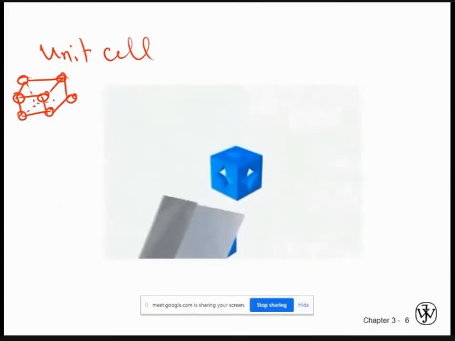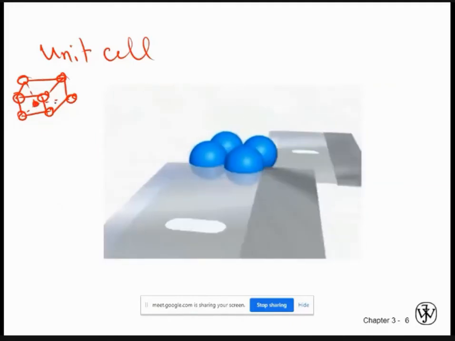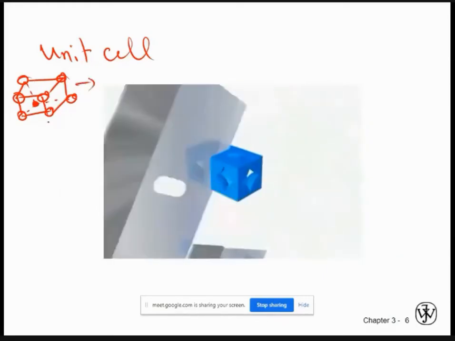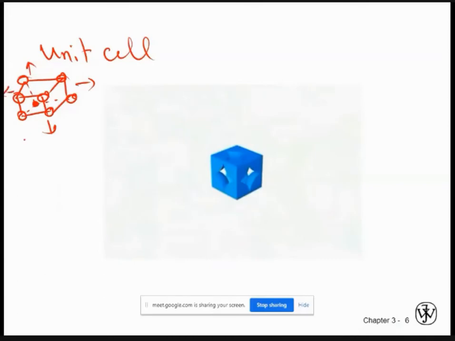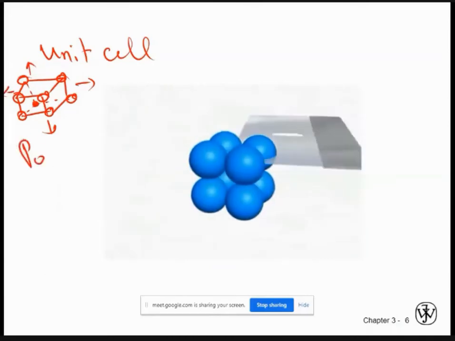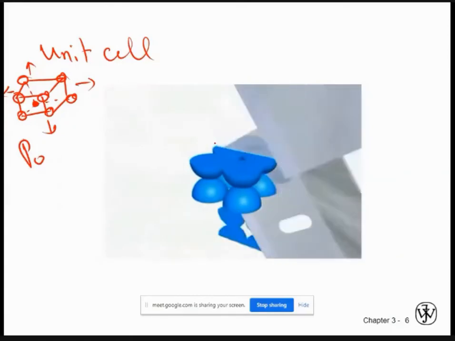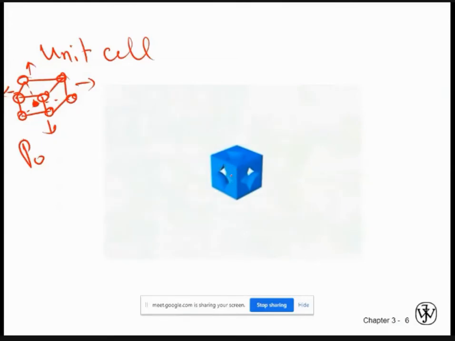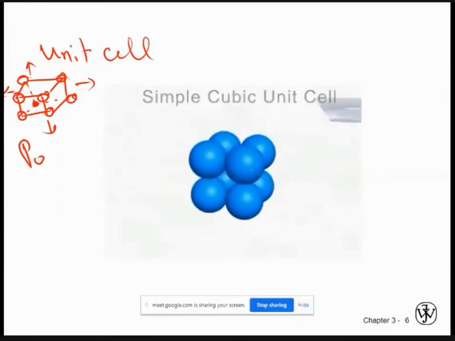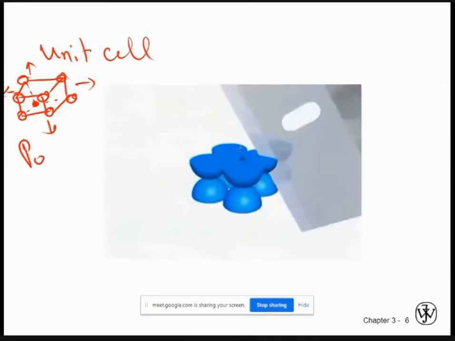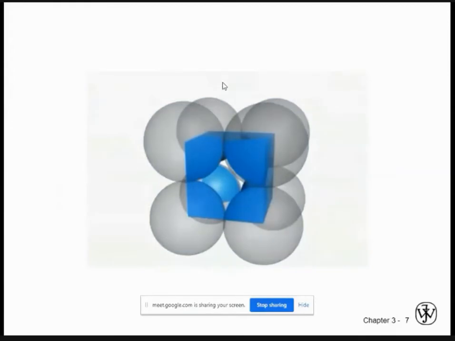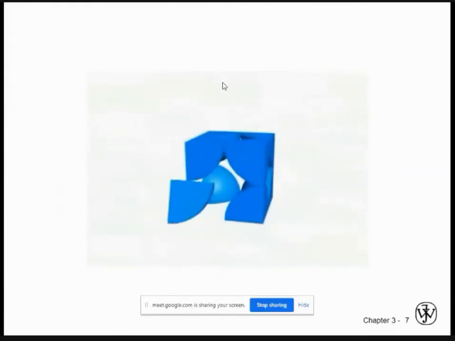That means that if you know this pattern, you know the total structure of the material. We just have an infinite amount of these cubes arranged in all directions, and that's the structure of the polonium element. This is called the unit cell. So if we get rid of atoms which lie outside of this cube, this unit cell, we cut these outside parts and keep the part we need. If you look here, we cut out the excess, and if we sum these atoms together,